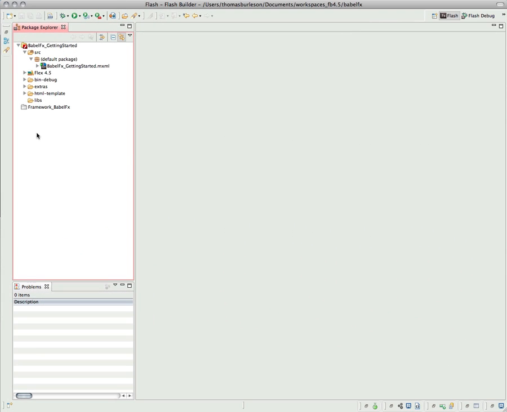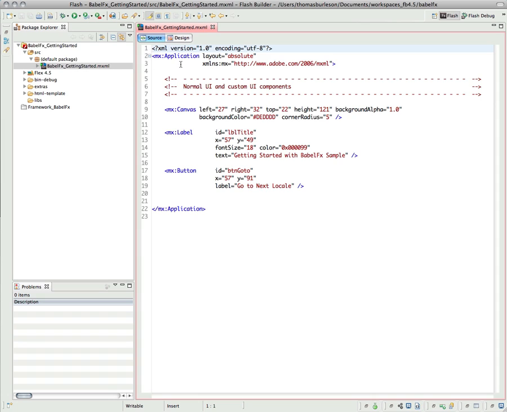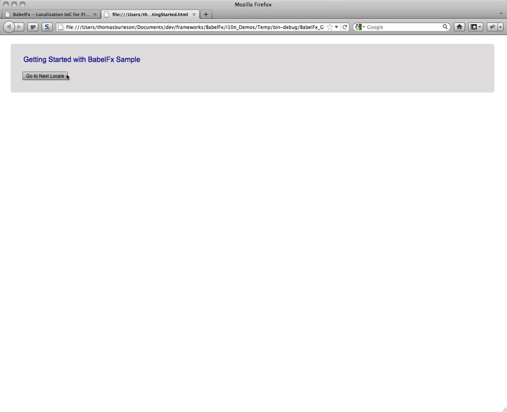Here is our sample Flex project. And if we open up the main application file, we can see that it is a very simple, almost Hello World-like application. We have a label and a button. If we run this, we can see here, very simple. If I return back to the source code,